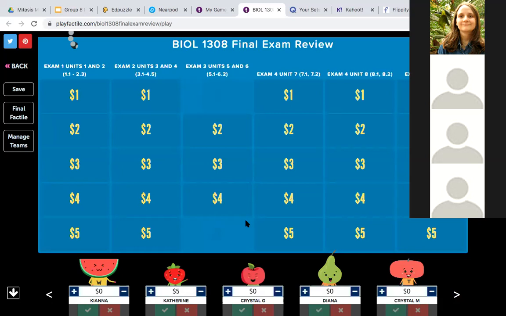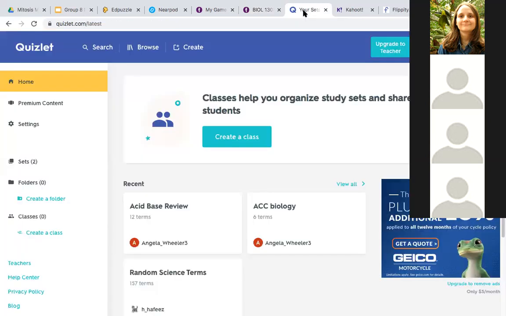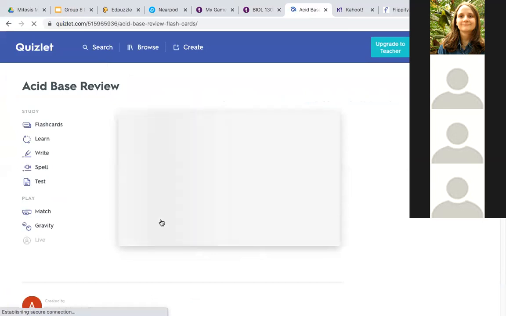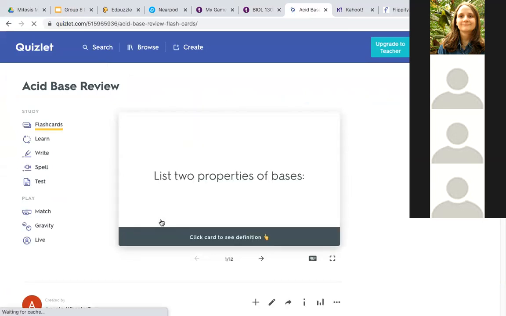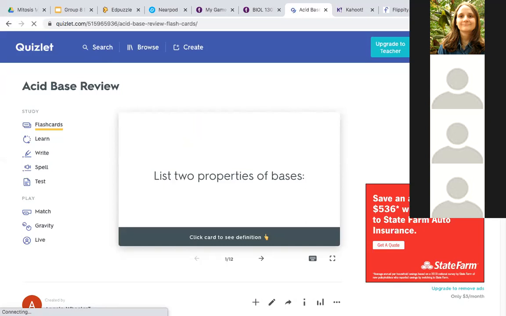We have a few more minutes. I'm going to show you Quizlet Live, which is actually a way they can interact as teams. So what I did for this one, this acid-base review, I put them in groups and they did a worksheet in a breakout group. And then I loaded the questions from that worksheet in as flashcards in Quizlet. And we played a game.